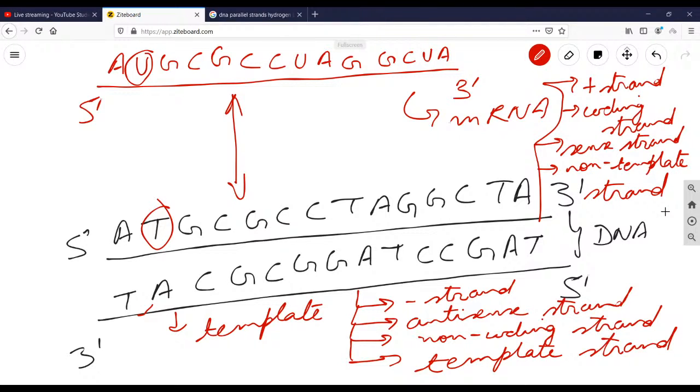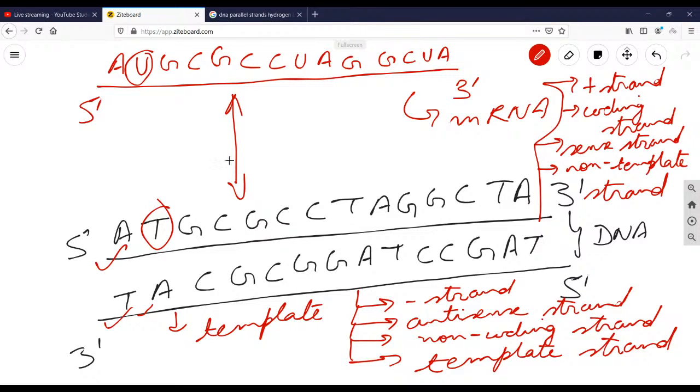So you will ask me a question: since this DNA strand, this one, is being used as a template, why is it called the non-coding strand? This one should be coding, whereas this one is not participating. This DNA strand is not participating anywhere, but this is called sense, positive, coding strand, but non-template. Why has this nomenclature been done? Just because of historical reasons, and the evidence in favor of those historical